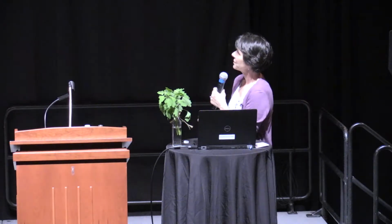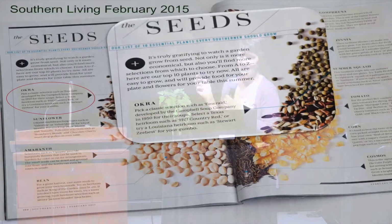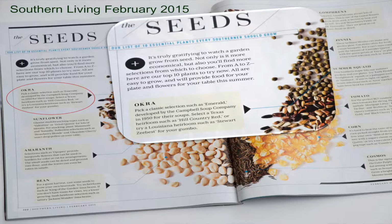Okay, now moving on, we're going to talk about okra for a second. A few years ago, actually 2015, I was sitting in my dentist waiting room and I picked up a copy of Southern Living and it said on the front, annual seed guide inside. So I flipped over to the seeds because I love seeds. And the first thing I see is this little section on okra, and I start reading it and it says,